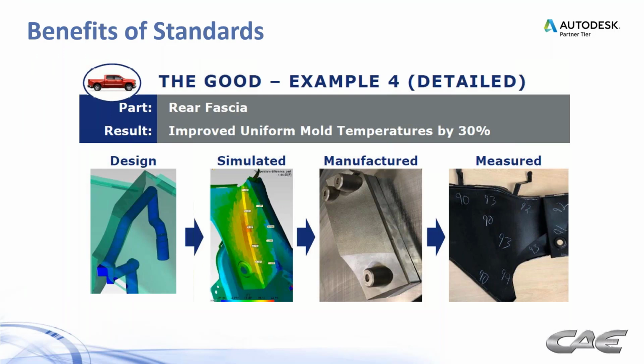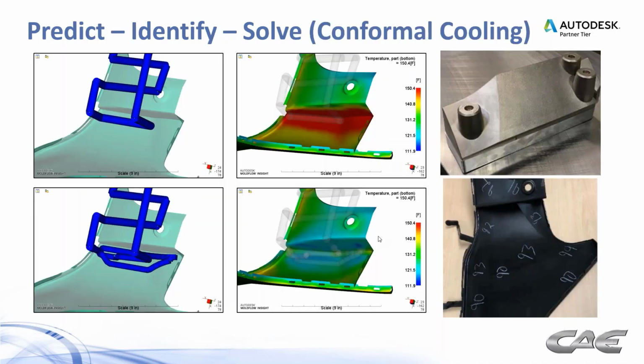Use the design, for example, in this case, a conformal cooling. You simulate it, you manufacture it, and you test it. And in this case, you were able to improve the mold temperatures by 30%. But not only that, when we compare to the original design using standard, conventional cooling, you see how not